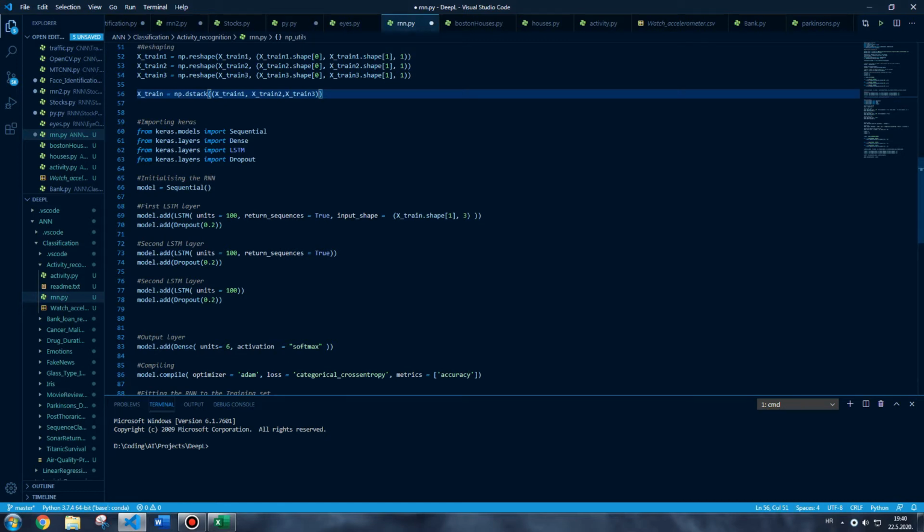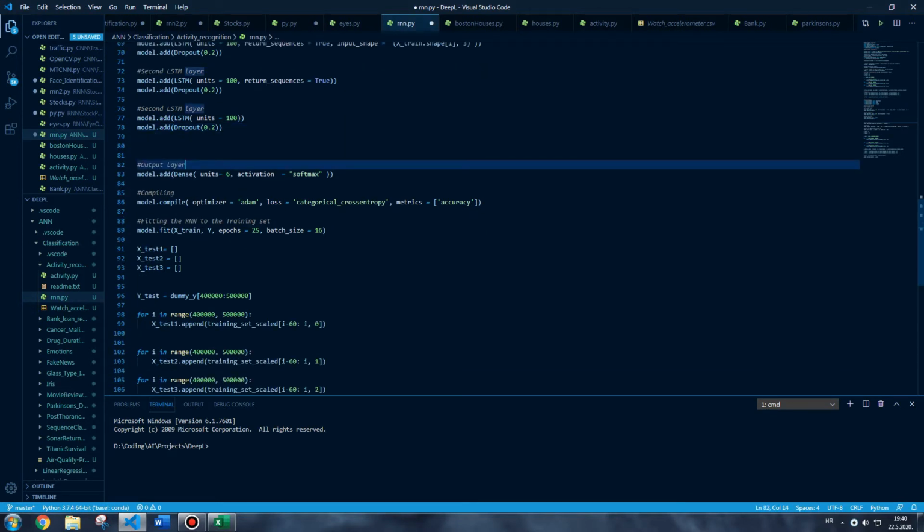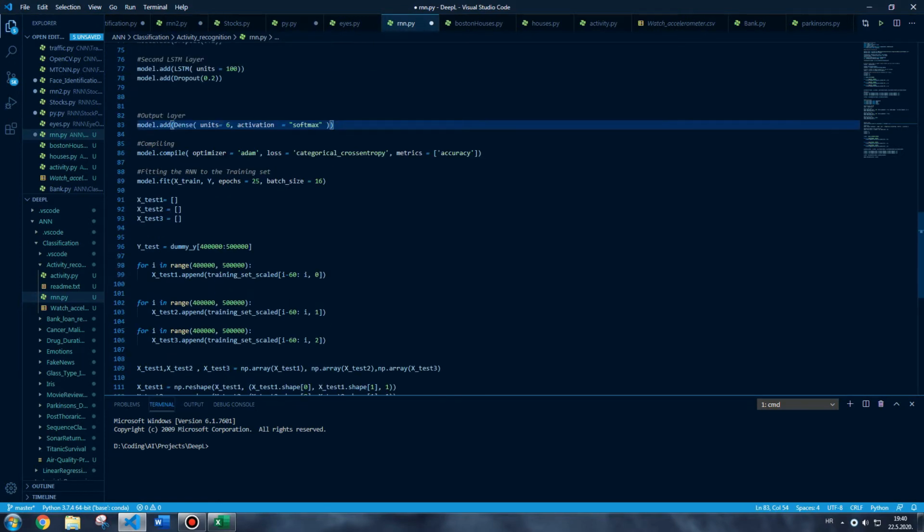Not 3 dimensions, but it has to take in 3 rows of the third dimension because we have 3 columns of which we are taking input data. Then we're just going to import the Keras model, initialize the model, and add 3 LSTM layers, each with their respective dropout of 20%, so we can reduce overfitting. Maybe not even needed because there is a lot of data, but still regularization is always a good idea. We're just going to finish it up with a dense layer of 6 units and a softmax